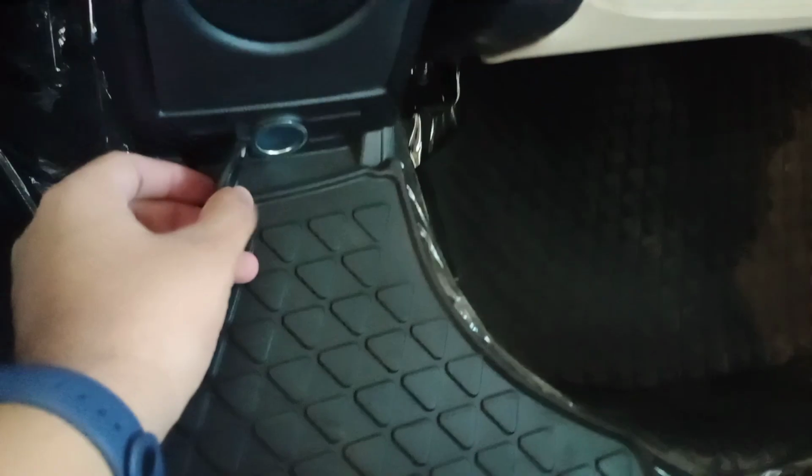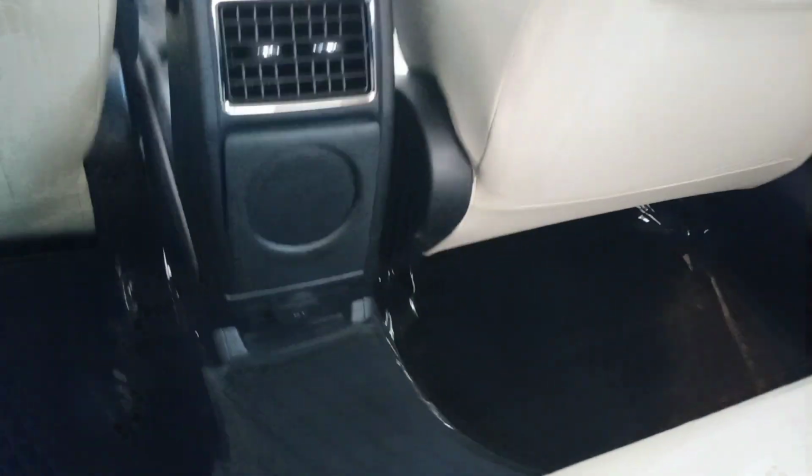Below over here you get a 12-volt charging socket, and you also get rear seat belts. Here's the parcel shelf, but it is quite steep, so if you keep something over here and brake hard or accelerate suddenly, it will fall off. And the seat is quite wide, so 3 people may sit easily, but there's a very big problem over here,